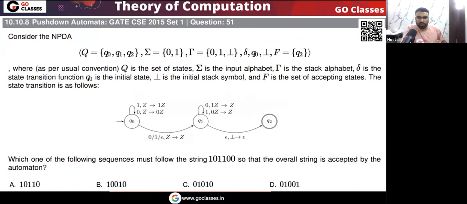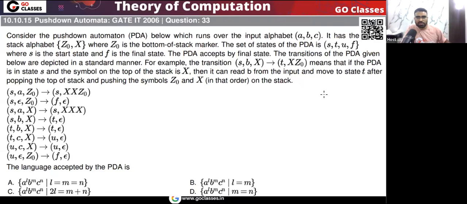So let's move on now. I think for this session, these are enough. Some more questions are remaining in PDA, in pushdown automata. Some more questions we will do in the next session. But tell me, in this session, whatever questions we have done, did you understand? I think 3 or 4 questions we have done. Did you understand the complete analysis of these questions? Okay. Thank you, everyone. Thank you.